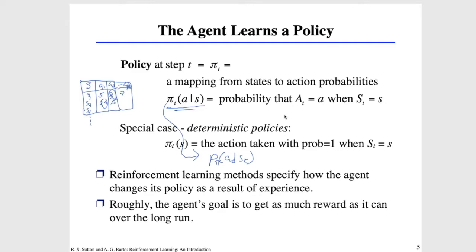But a more practical thing, just think about the robot moving around, and it's in one state of the world. It takes an action, and then it finds itself in another state, and it has to be able to take actions there too. So the long and the short of it is the policy can be seen as a table like this,